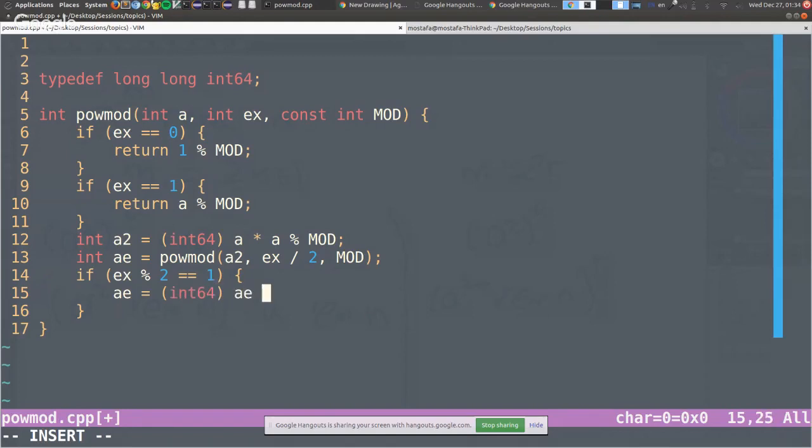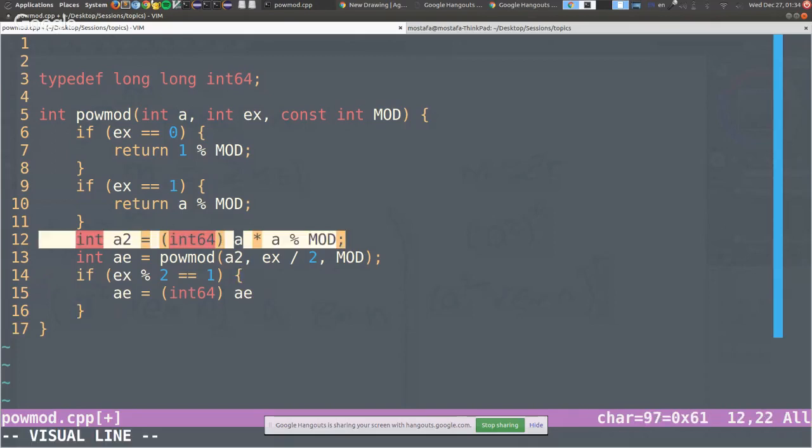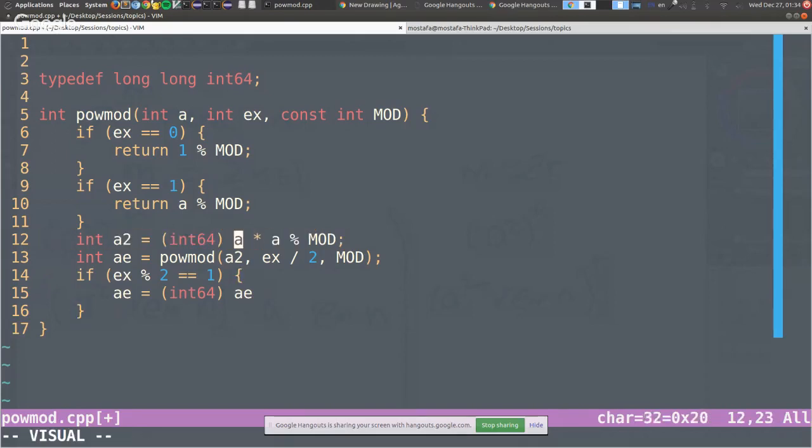And here we should take care to cast any multiplication to a long int just before we make the multiplication, because this multiplication here might make an overflow. So we need to take care of that before we make the multiplication. Then after we take the mod, again, it becomes back a small number, so it's not a big deal. It can be like that. The other way would be